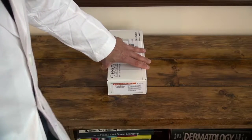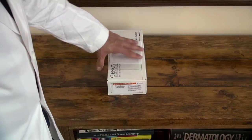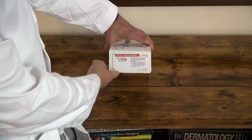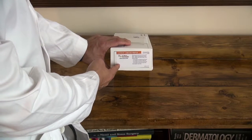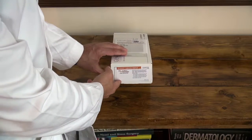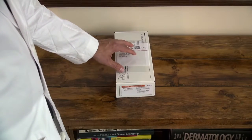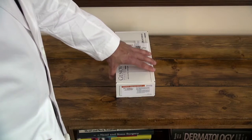We have the advantage in the new era of medicine of having highly sophisticated testing that can take nutritional analysis to a whole new level. The comprehensive digestion stool analysis from Genova is one such test. You know, for people with chronic GI issues, bloating, gassiness, diarrhea, cramping, etc., this can be a real game changer